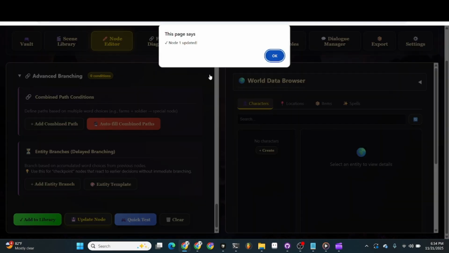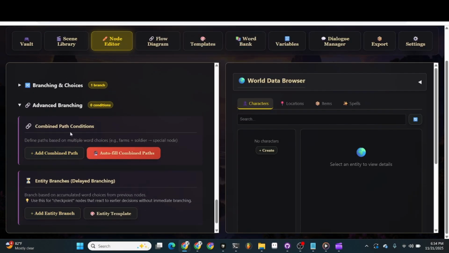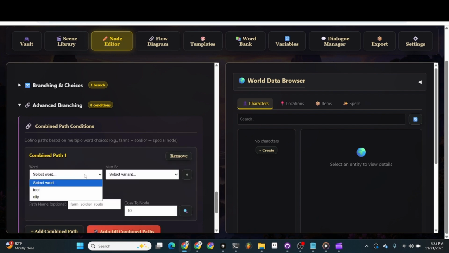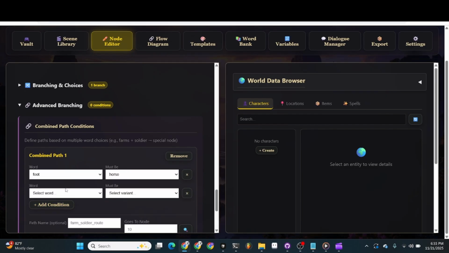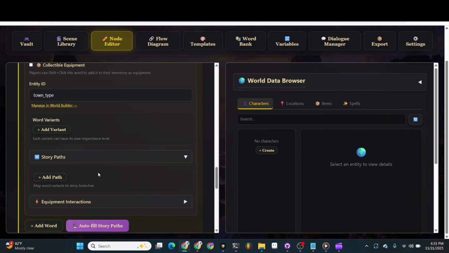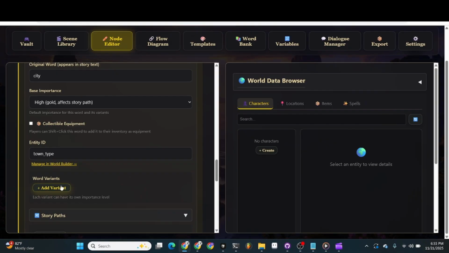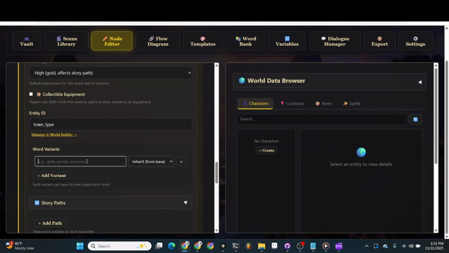I'm gonna update node, and we're gonna go to combined path conditions. Combined path conditions is for a single node where you want to detect that more than one word has changed, and the combination of more than one word matches specific ones, then you change the story. So I'm gonna add a combine path. I'm gonna put foot must be horse, and city must be, oh, I have to add the variants. I forgot about that. So I thought I didn't, but so I'm gonna put